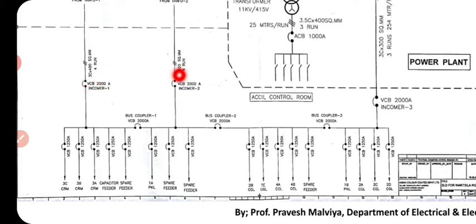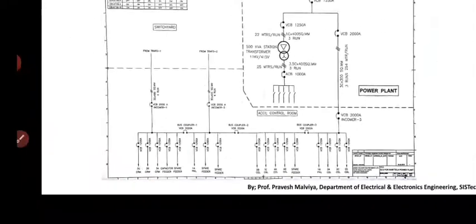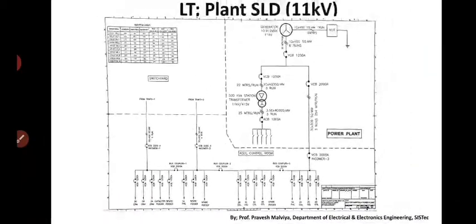Even the cable length, phase sequence, frequency, every single thing is the same. So there is no problem in matching their output. When their output is matched, there is no problem in closing this circuit breaker, VCB 2000 ampere. But there is a section which is actually isolated. The power plant is actually away from every single thing. It is isolated from the substation area.